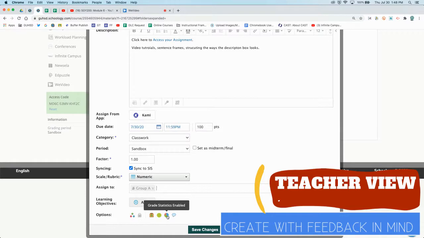I want to talk about this option really briefly, is grade statistics enabled. By default, this is disabled. What grade statistics will do is provide an icon. After a student submits their assignment, there'll be a little graph icon that they can click, and it'll break down